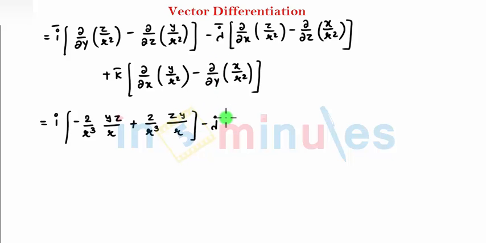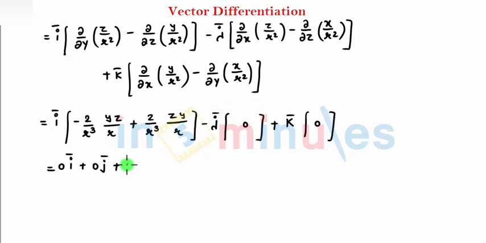Similarly, when you do this, you get 0 here, plus k, you get 0 here. Now I can say I got 0i plus 0j, so write a bar please, and 0k. So finally I can say that therefore f bar is irrotational, and that's my completion of the problem. Thank you for watching video in 5 minutes.